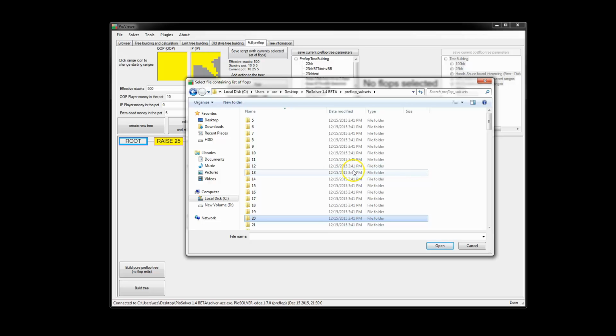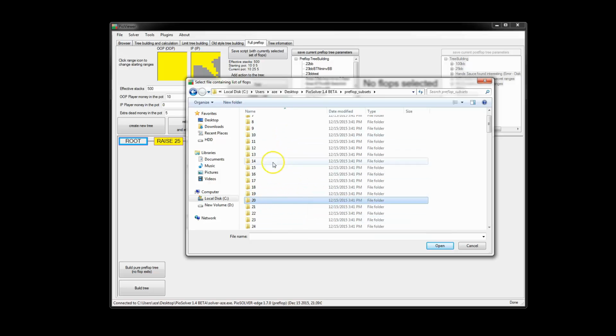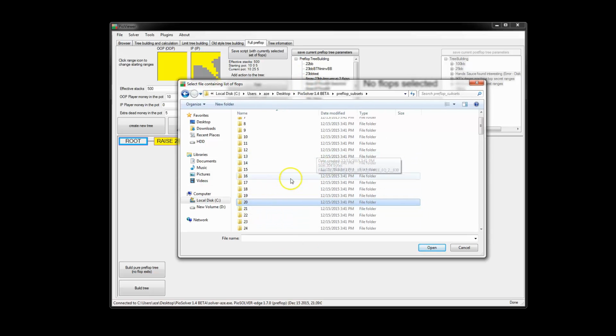But I think that if you were to run sims on much deeper stacked play, you might see the frequencies being less accurate. I'm not sure about that. It's just my guess, but you could definitely toy around with that and find out. But yeah, so for short stack play, I found a really low number of flops got you a good general idea. There would be combos that were off compared to better solutions,